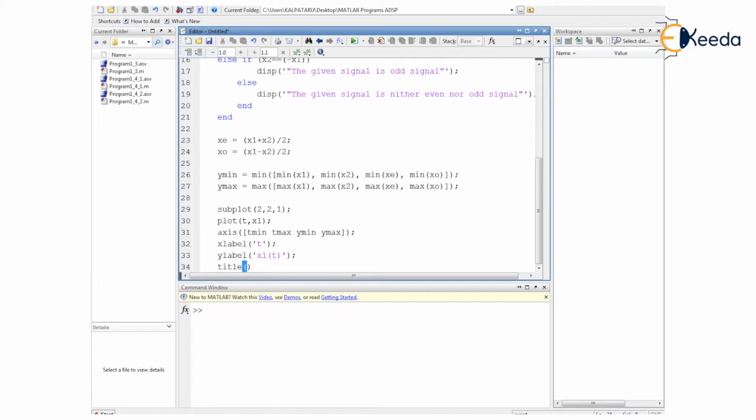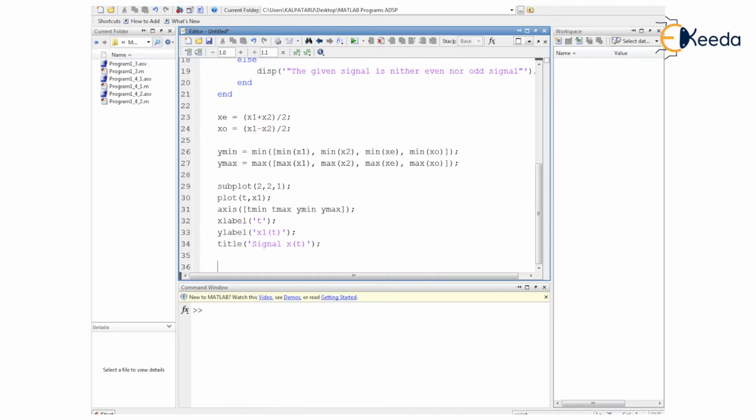I mention the title within parentheses and single quotes, and write: this is the signal x of t. Though the variable x1 holds that information, if you get back to the aim given to us before starting this MATLAB programming, you will see the given signal is exponential of 2t.